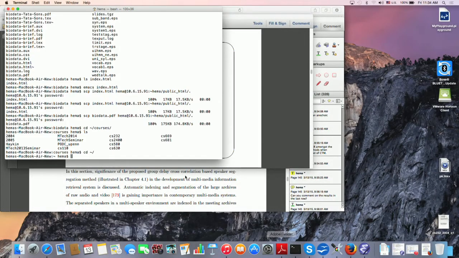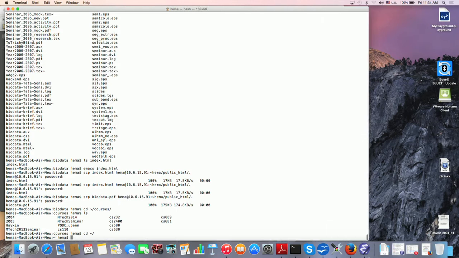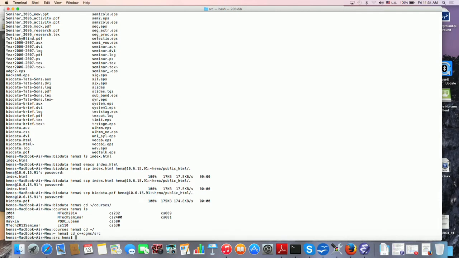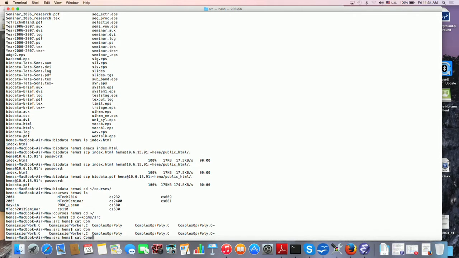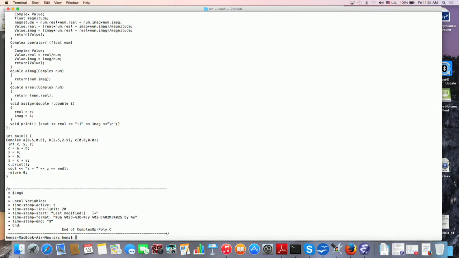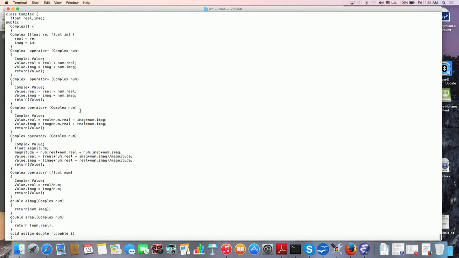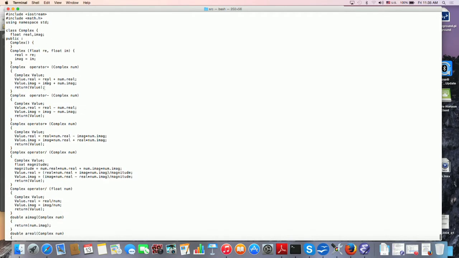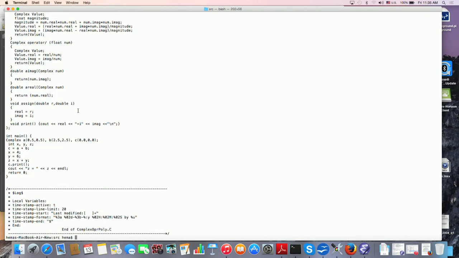Let me just run this program for you. Hope you can see it. I have already written this program here. I will just cat this. I put an extension. So, this is the same program which you saw in the slides, and you see that a class has been defined here just like what I showed you. There is a private variable and then there is operator overloading that happens. Then I compile this in the usual way. What do I do to compile?